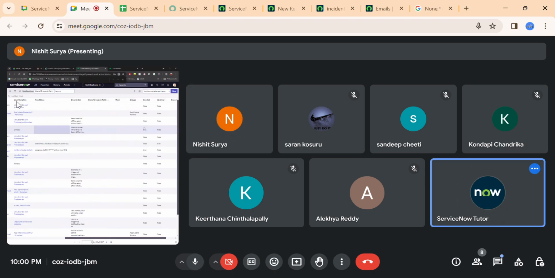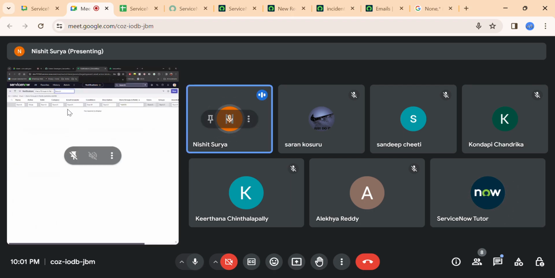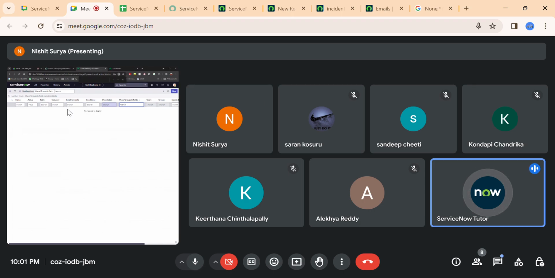Whenever you search in the search icon, you have to include contains, the star and your name, so that it searches with that word. Like this.